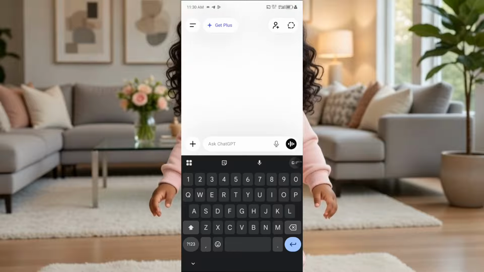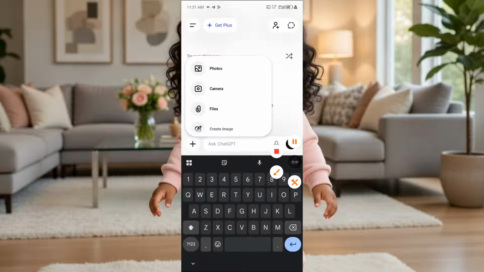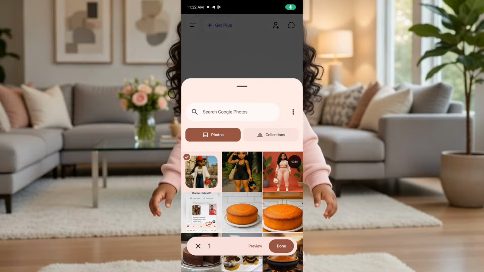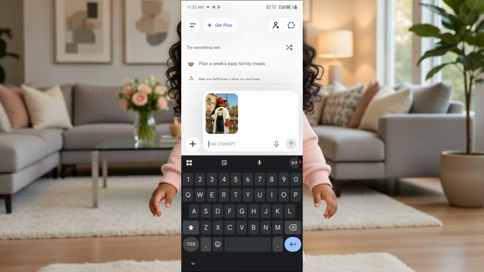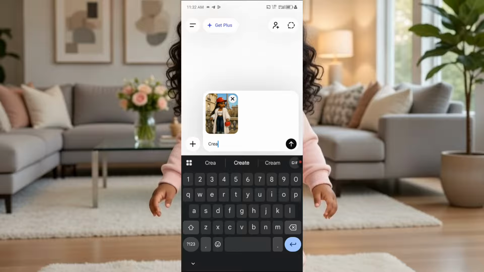Now, the next thing you're going to do is to head over to ChatGPT. So once you get to ChatGPT, you're just going to click on this plus button here. Then you're going to input the image that we just downloaded from Pinterest. Then the next thing you will write is, you're going to say, using this picture as reference,